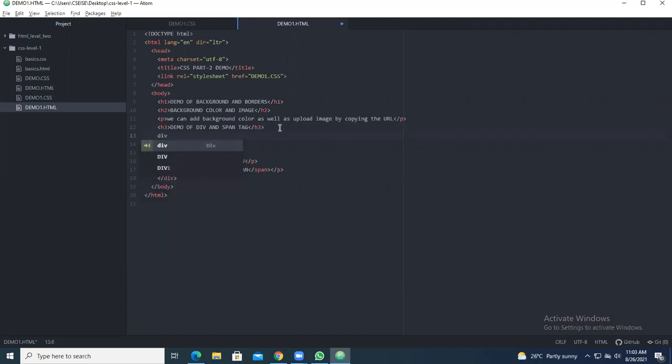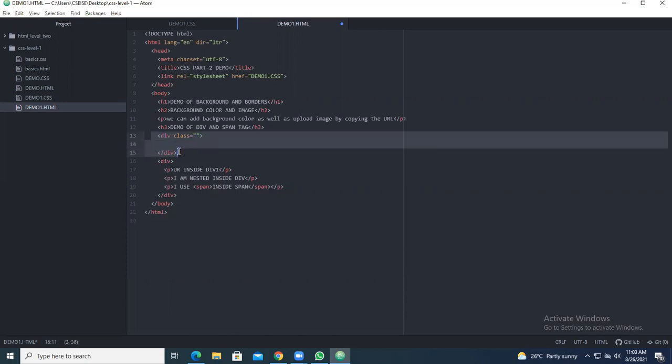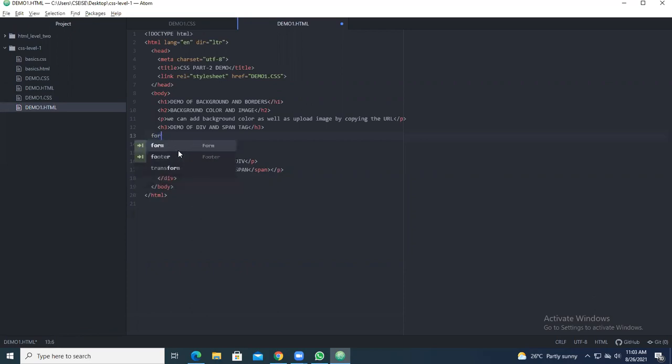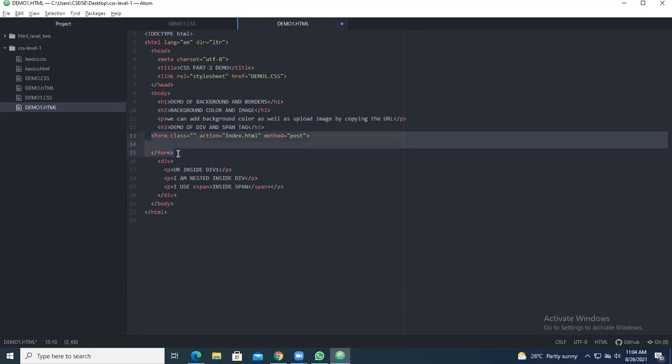Just type div. So div is the tag, class is the attribute. Class is the attribute for div. Similarly, go for the form, type form here. What are the attributes of the form? Class, action, method. These are the three attributes of the form.